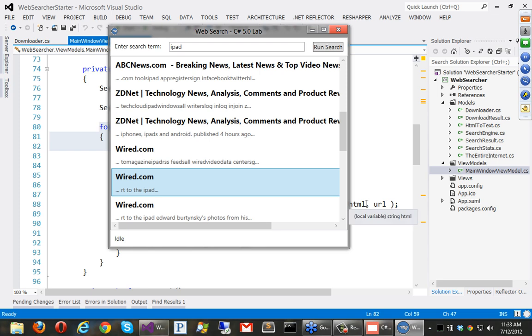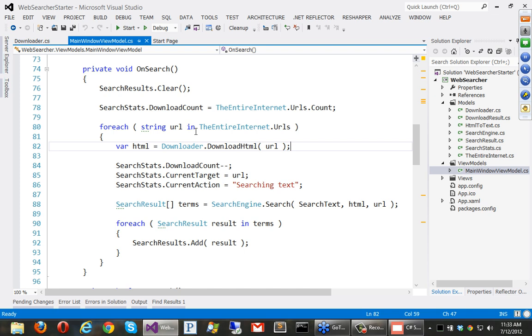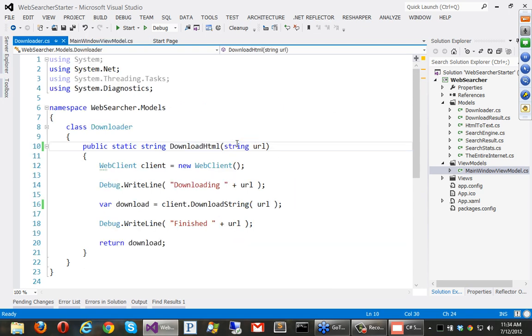And it turns out that it's not very computationally heavy either, because really all it's doing is waiting on 30 website requests. So this is a really good example where we might use the new features of C# 5. They're deceptively simple. Let me show you how we do this. We can go to this method, which is just being called directly through the command binding in WPF, through the MVVM data binding. And we can find the part where all the slow stuff is happening, and it's line 82 right there. And we can just go to definition on that.